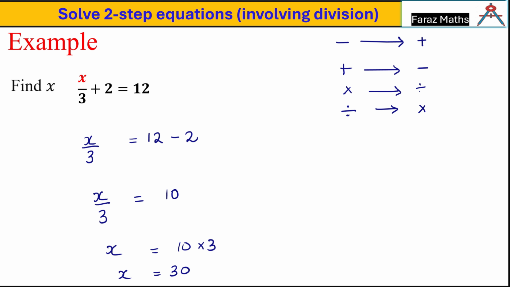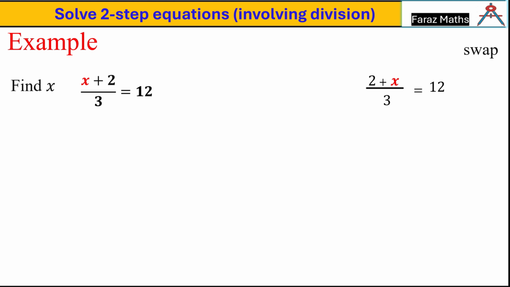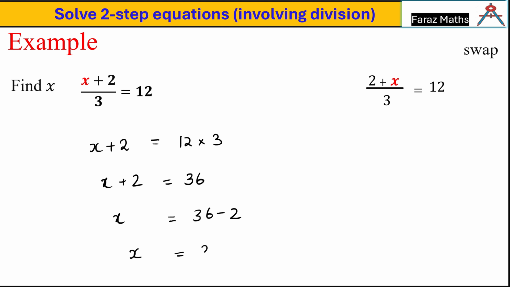Okay, coming to the next. Find x plus 2 over 3 equal 12. Here we have to multiply 3 on both sides because we have a single fraction over there. So 3 is in division on the left side, so we can multiply it on the right side. Now we have x plus 2, and if you solve this, that would give you 36. Then this 2 is in addition with x, so it will subtract from the right side. Or you are subtracting 2 from both sides, so plus 2 minus 2 will become 0 there. And then x is equal to 36 minus 2, which is 34.